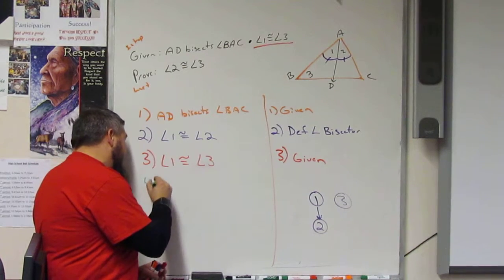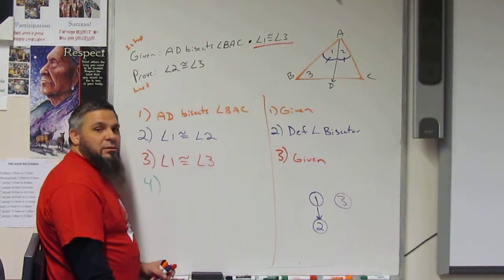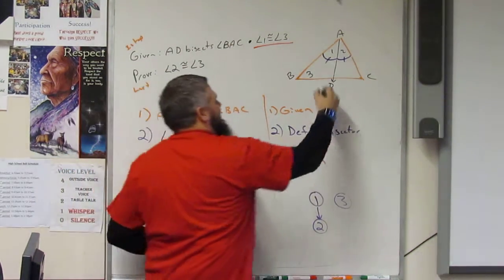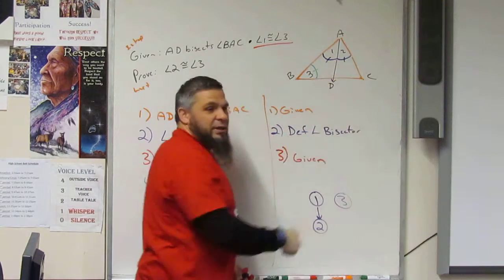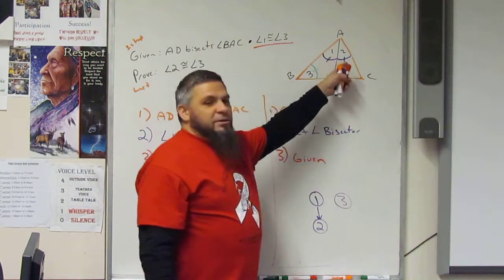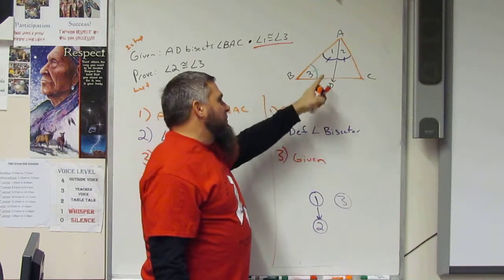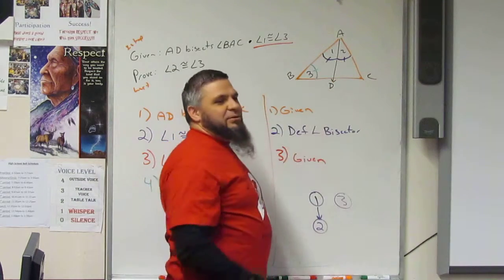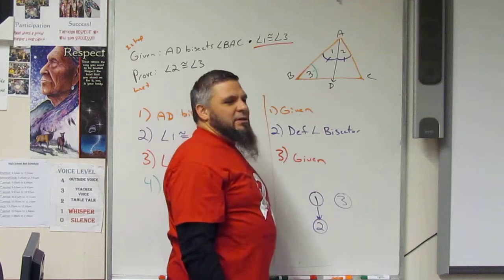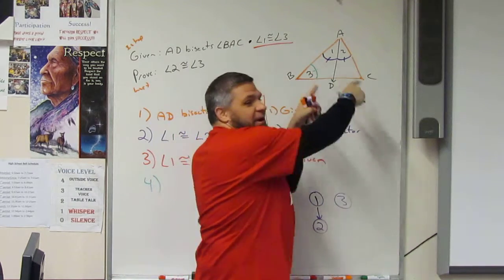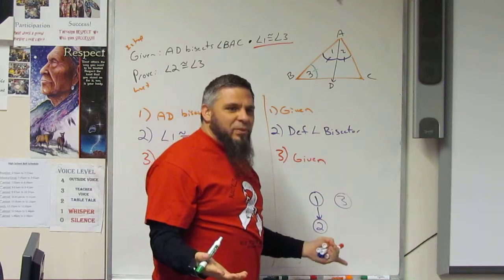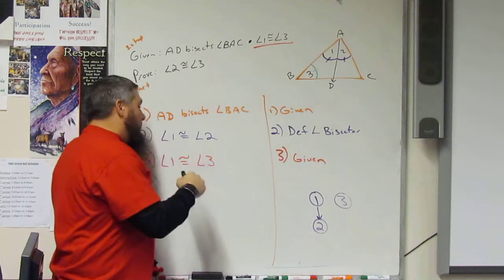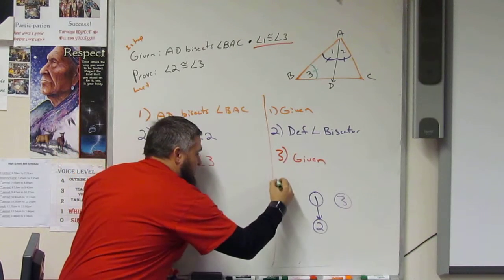Now 4 is tough. It's not really that hard though. I mean, think about it. It's saying that 1 and 3 are congruent. It's saying that these 2 are congruent. Well, if 1 and 2 are congruent, and 1 and 3 are congruent, they all have the same thing. If these 2 are 35 degrees, and these 2 are 35 degrees, did that change the fact that these 2 are 35? No, it didn't change anything. They're the same. It's pretty simple. It's coming up with the reason why they're the same. So the reason why they're the same is what we call